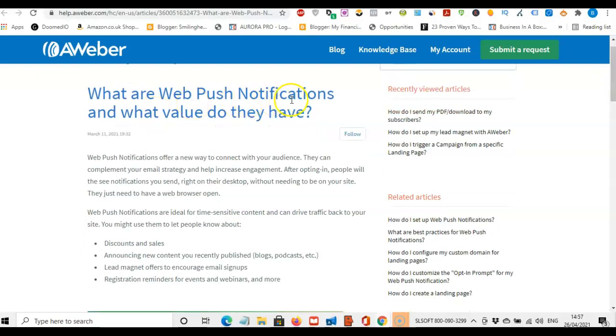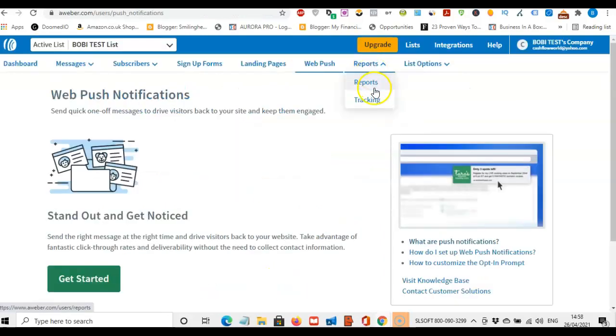Okay, what are web push notifications and what value do they have? So you can announce discounts and sales, announce new content you recently published, blogs, podcasts, etc., lead magnet offers to encourage email sign-ups, registration reminders for events and webinars, and more. Then you've got reports,